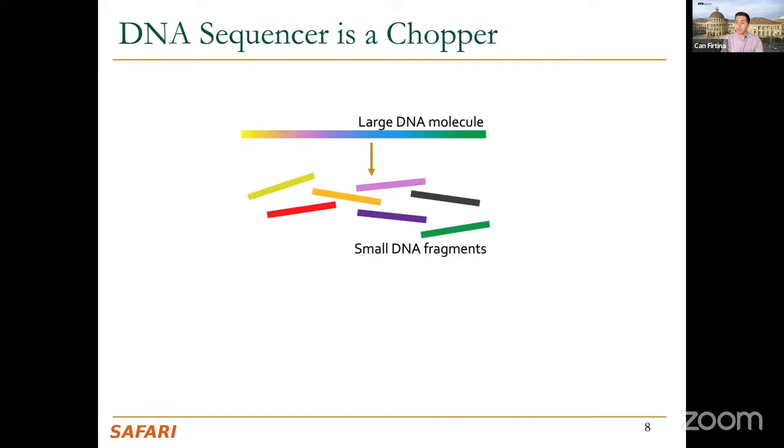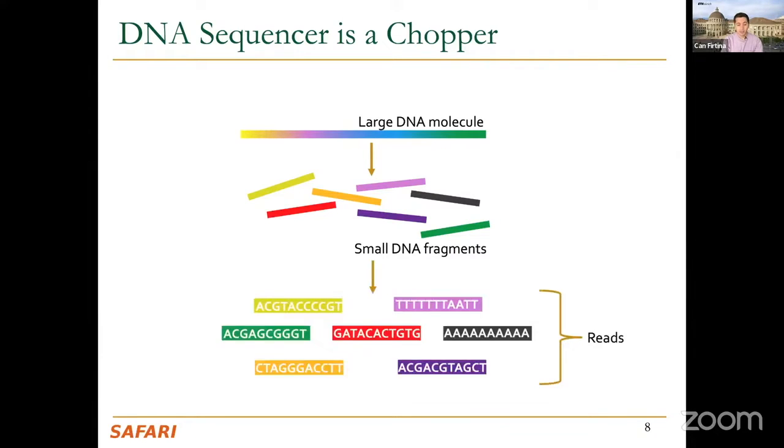We have one huge piece of, say, a chromosome, but in our library preparation, the DNA is fragmented into small pieces, and then these small pieces are sequenced to construct the sequences of bases that we call reads. So these fragments of DNA are sequenced and then converted into human readable form, which are known as